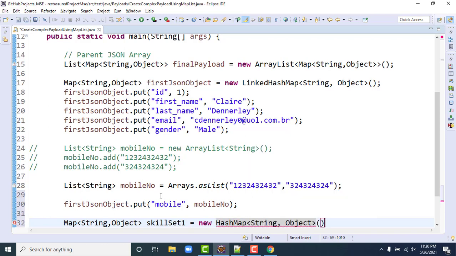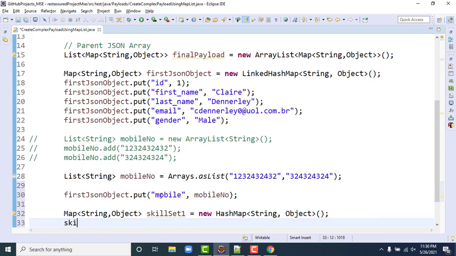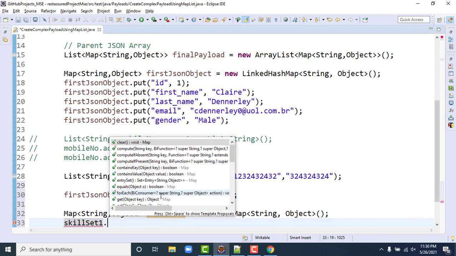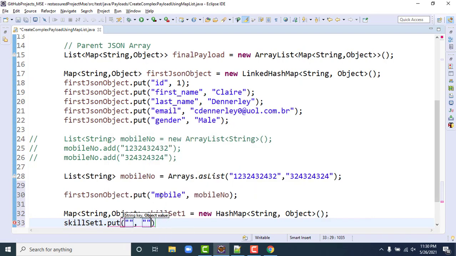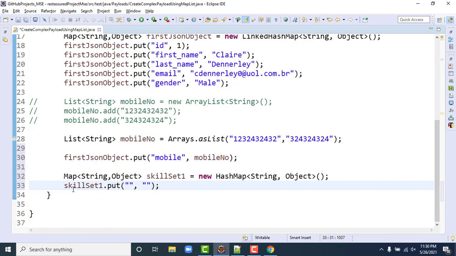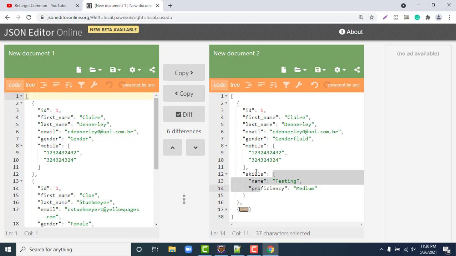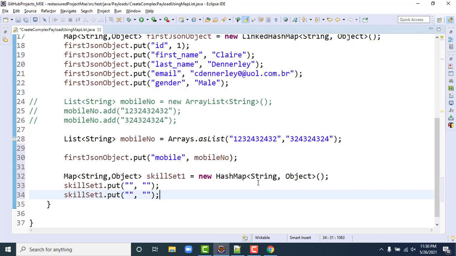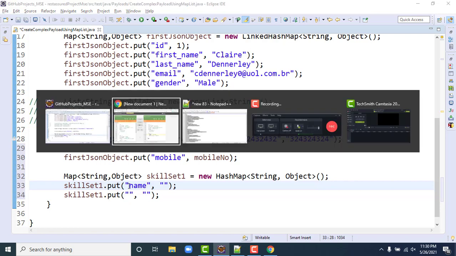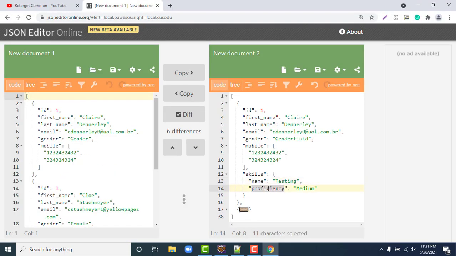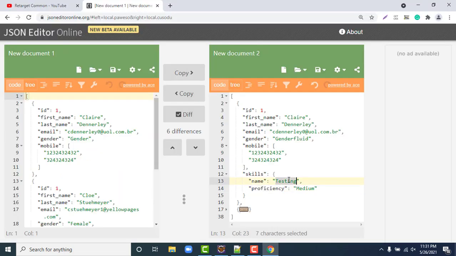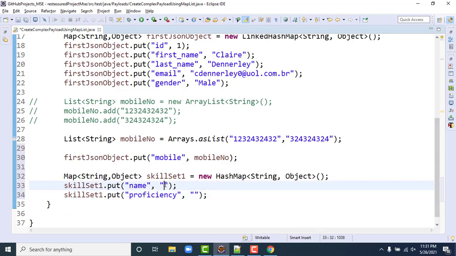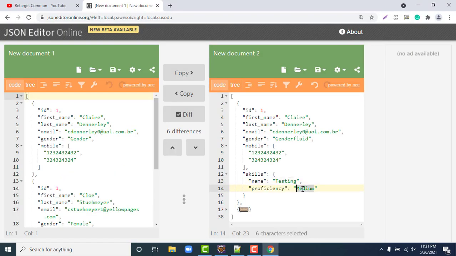In this one, skill set 1 dot put. How many key value pairs do we have? 2. So let me add these two things here. The first key is name, and proficiency. Let me put testing, and let me put medium.